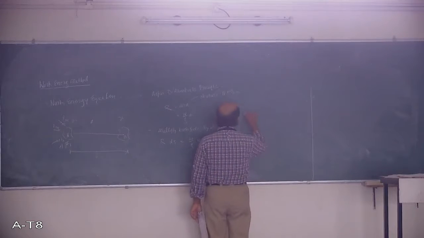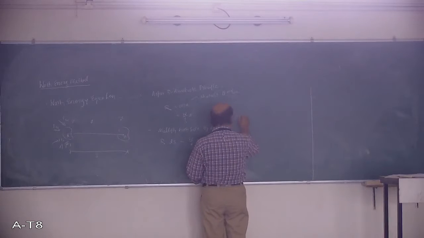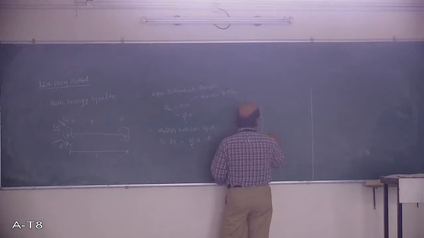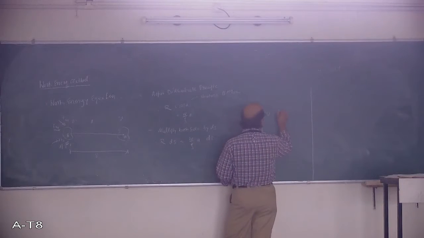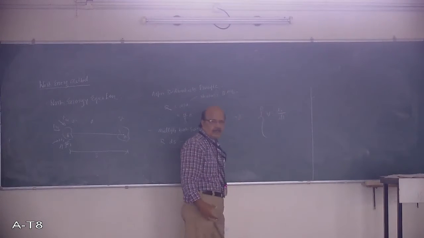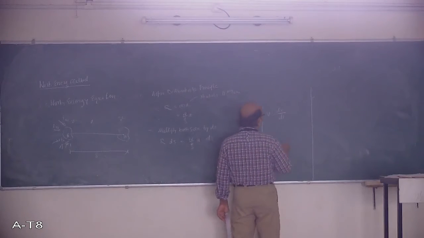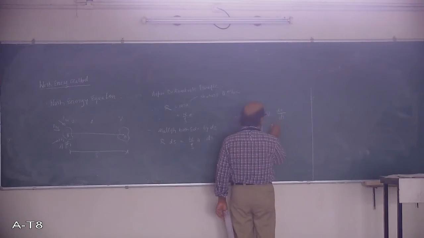Just for your understanding, velocity v is equal to what? The distance travelled, ds upon dt. That is meters per second, for any distance you travel, and the acceleration is based on